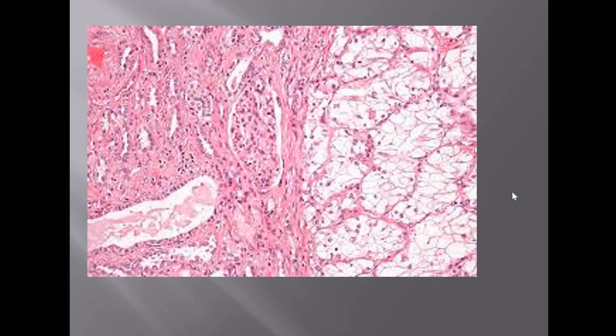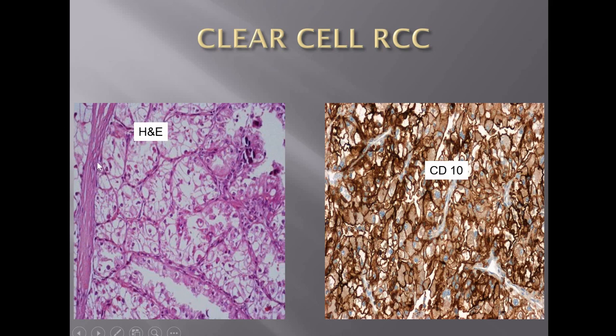Here again you can see they have empty or clear cytoplasm. Why? Because the cytoplasm is composed of lipid, which gets washed off during the staining procedure, and that is why they appear as clear empty areas. So all these are the clear cells, and this part is the normal kidney, the glomeruli and tubules. Here again you can see the clear cells arranged in lobules. Different patterns can be there: tubular, acinar, solid sheets, lobules. They can pick up any pattern, but you will see these clear cells, and they will be positive for the IHC marker CD10.